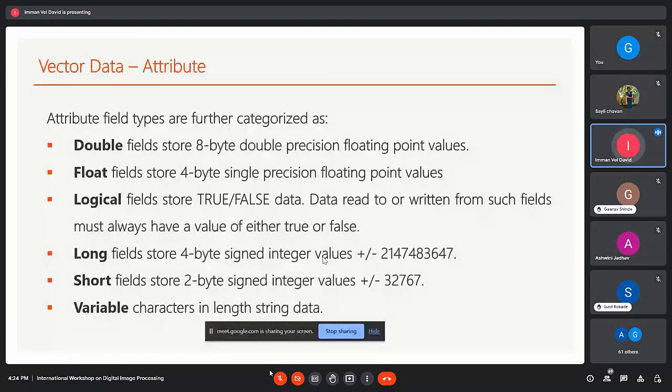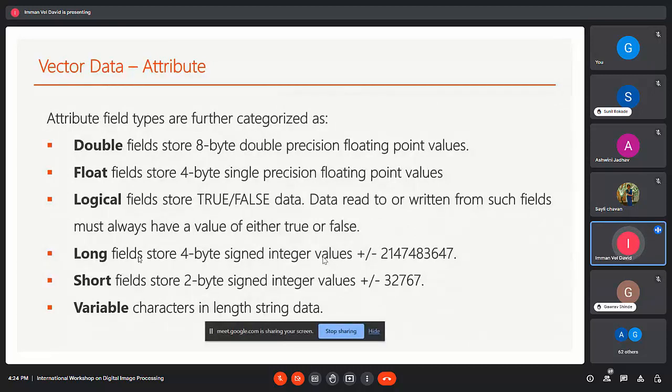Then the float field stores 4 byte single precision floating point values. Logical fields only represent true or false data. Then the long integer field stores 4 bytes of integer values, plus or minus more than trillions of values.